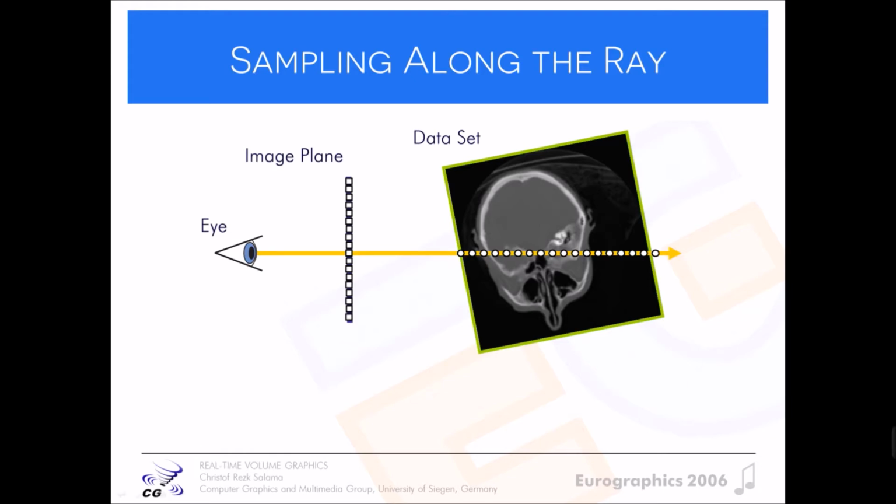You go from front to back, or you can also go back to front, it doesn't really matter. From the bounding box entry to the bounding box exit, you space these samples regularly along some sample distance. Usually you use half a voxel size, half a grid size, something like this,